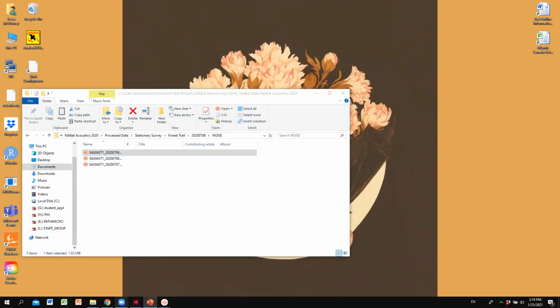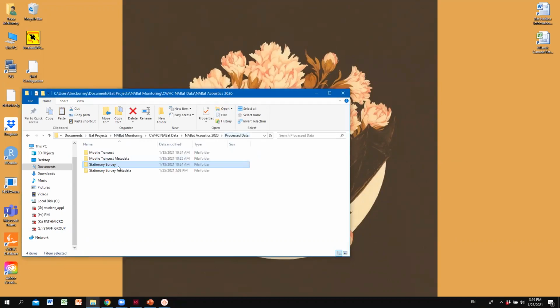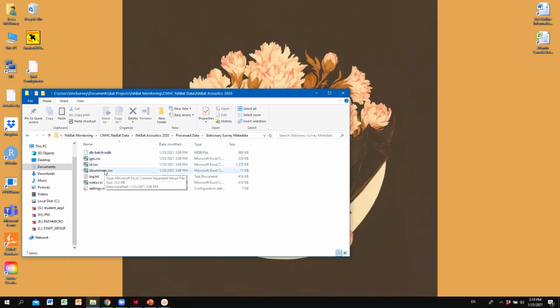Okay, so now that we've made sure all of our manual IDs are there and they're all good, I'm going to go back to my metadata file folder, and I'm going to rename this meta.csv with a descriptive and original name that will not be able to be duplicated on the NABat website. So if someone else has a file with the exact same name, they can overwrite each other on the website. So you'll want to make sure that whatever you name this file, no one else would name their file the same thing. So it's always good to maybe use your organization